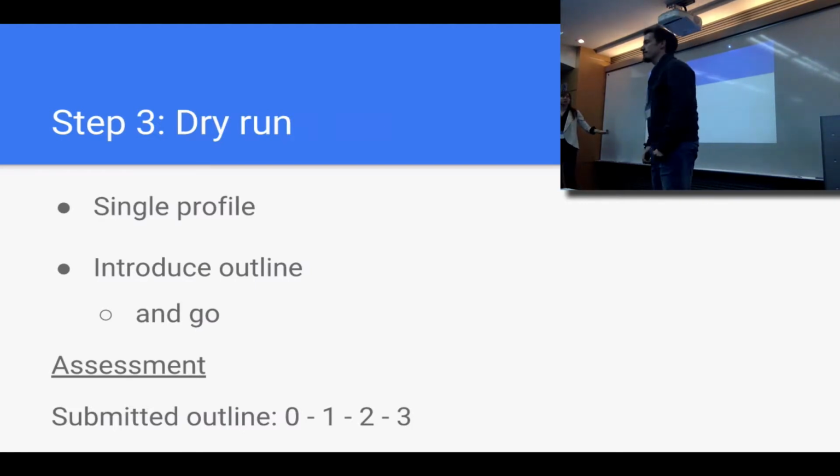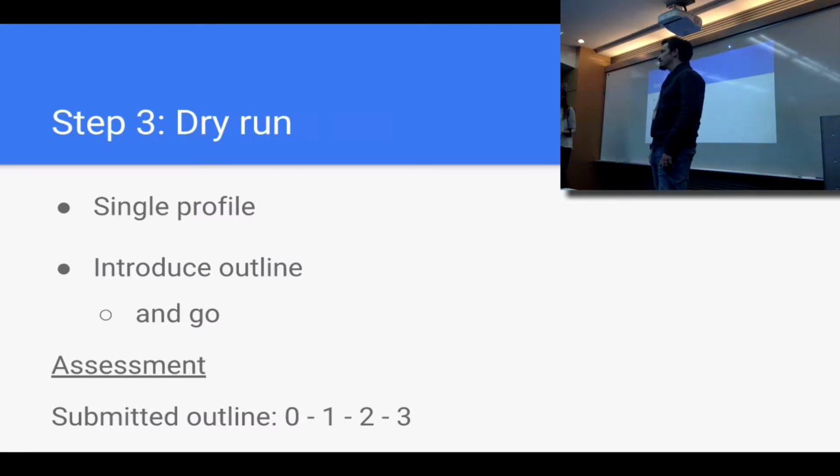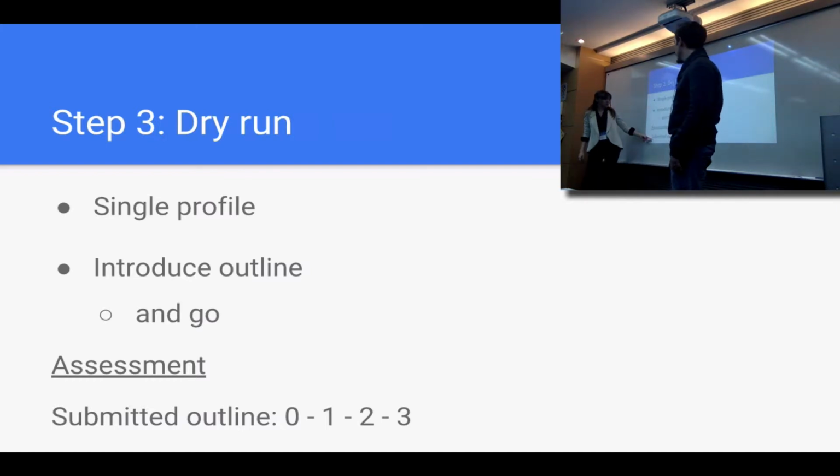This is a really good part if you want to cut down classes. This could be homework. Or if you want to add more of a writing component, they can have to write this out. You could grade the actual outline they create. If you need more grades in your grade book, it could be compliance, or you can use the assessment scale we have here,